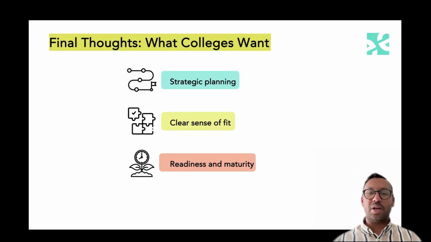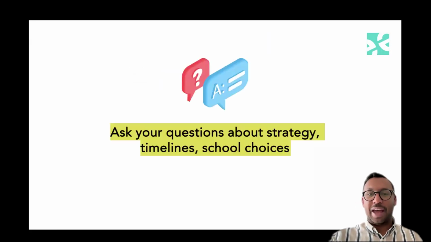And then finally, readiness and maturity. I loved the fact that I went to a smaller school because there was a lot of support for me. If I were to attend a large state school, I don't know how much support I would have had. I've never experienced that, and so it would have been quite challenging for me to adjust to that. So, also in thinking about the readiness and the maturity of the student, that's going to come in handy moving forward.